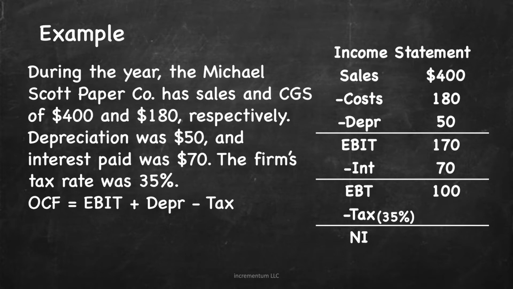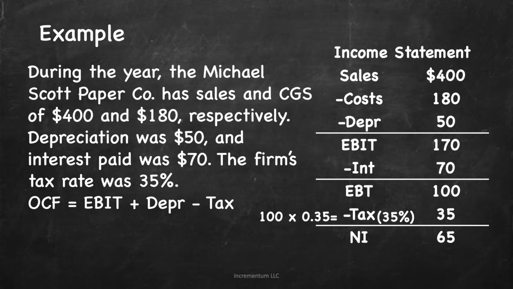Now we have to calculate our taxes. So our tax rate is 35%. We'll convert that to a decimal, so that comes to 0.35, and we'll multiply that by our $100 taxable income. That gives us $35 for taxes. We have everything we need to calculate operating cash flow. If you want, you can go ahead and write down that net income is $65, but you don't need that